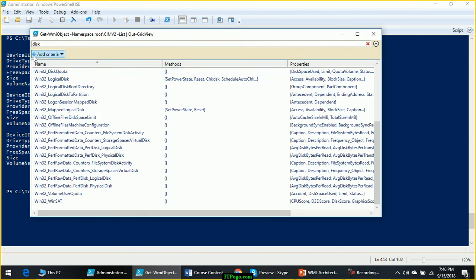The first thing that we have seen, run this command, Get-WmiObject hyphen namespace root backslash cimv2 hyphen list, pipe it to Out-GridView. Then here you can search for it and you have to guess which of these classes might be able to help you. You just need to do that trial and error.